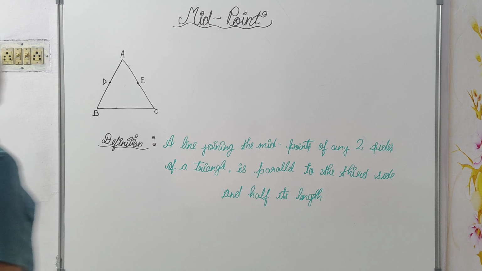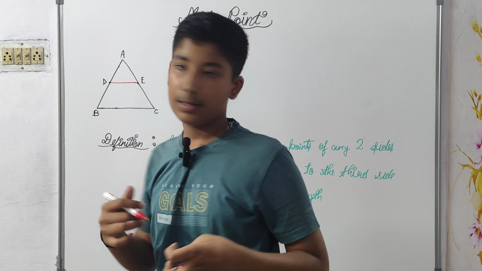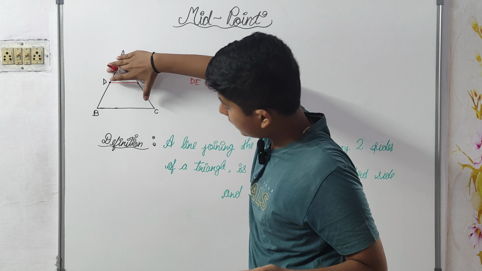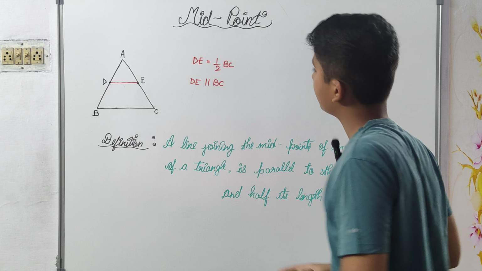Again, this line will be half of this line, meaning if we keep it here, this line will be divided in equal halves, so its double will be equal to this line. And also one more thing, these two lines will be parallel, meaning they will go straight and never meet each other. Just like this is a trapezium. This part is a trapezium, and these two lines are parallel in it.